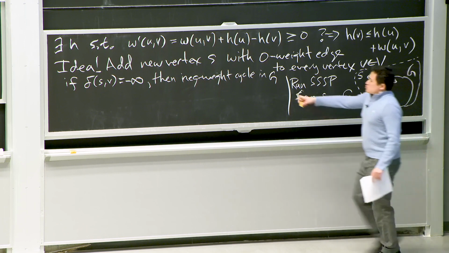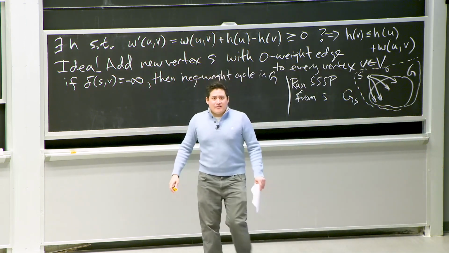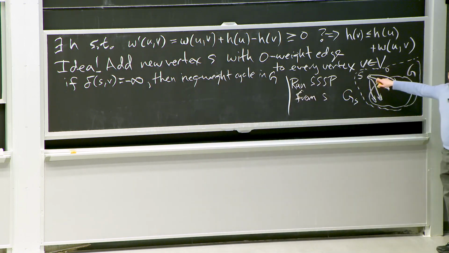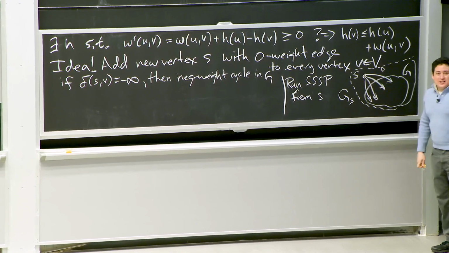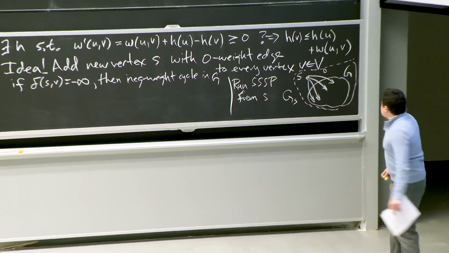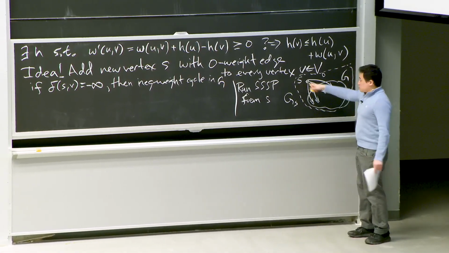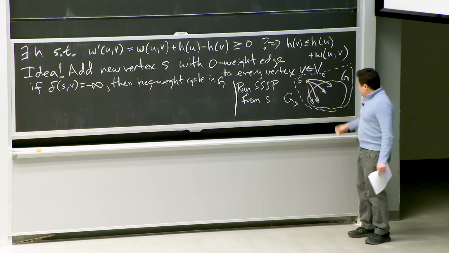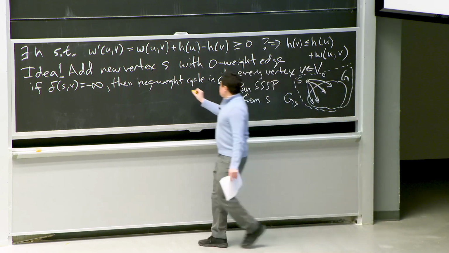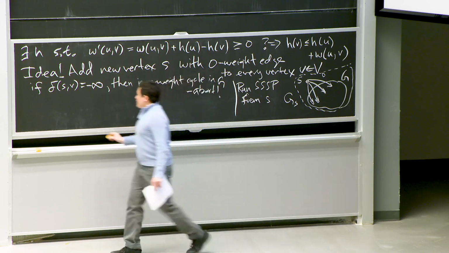Well, if this was set to minus infinity, then there is some negative weight cycle in the graph, right? The worry is that that negative weight cycle was added to my graph by adding this vertex S. But what do I know about vertex S? It has no incoming edges, right? So no negative weight cycle could go through S. So any negative weight cycle was in the original graph, and so I can abort. Abort. Yay. Otherwise,